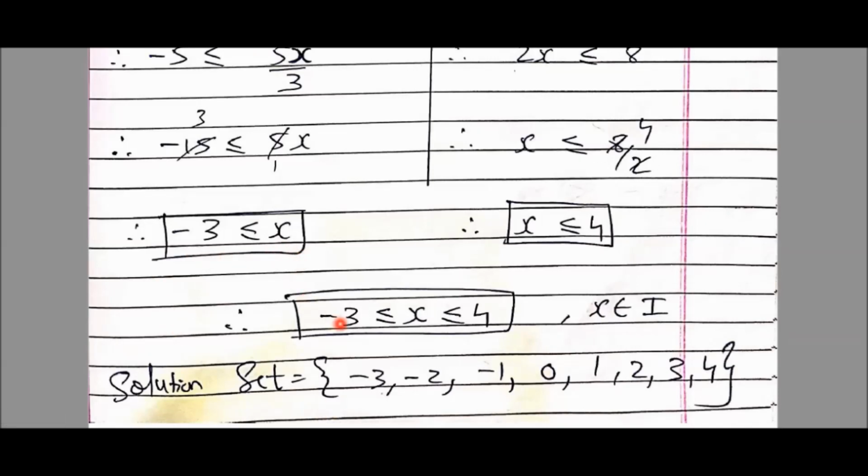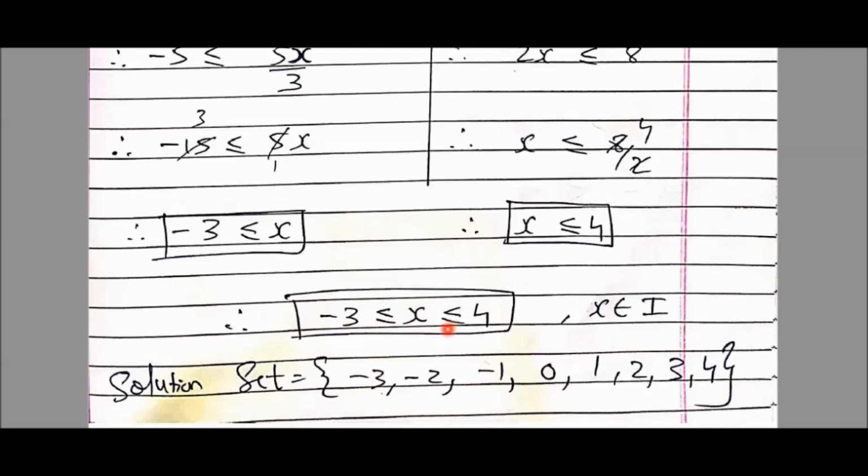So here it's there on the screen. Minus 3 is less than or equal to x. I copied it here as it is, and x is less than or equal to 4. As x was already written, I just wrote less than or equal to 4 here. And don't forget, we have x belonging to integers. So in integers, negative numbers also come. So everything will come. And because here it is an equal to symbol, minus 3 is inclusive.